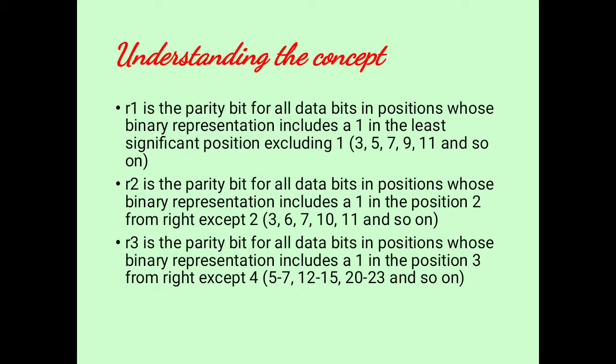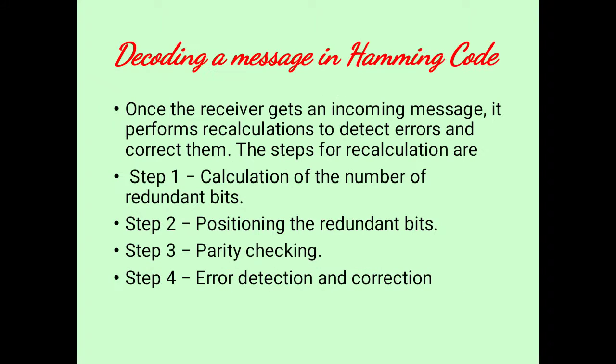Next, R3 means it is 2 to the power of 2, value is 4, so it will start at position number 4. From 4 you consider 4 bits: 4, 5, 6, 7. Again you skip the next 4 bits, 8, 9, 10, 11. Again you consider the next 4 bits, 12, 13, 14, 15, and so on. If you have R4, then R4 is 2 to the power of 3, that is 8. Start from 8: 8, 9, 10, 11. Skip 4 bits: 12, 13, 14, 15, like that. Gradually, you will not get R4, you will get only up to R3. If the code word is more than 16 bits, then you will get R4.